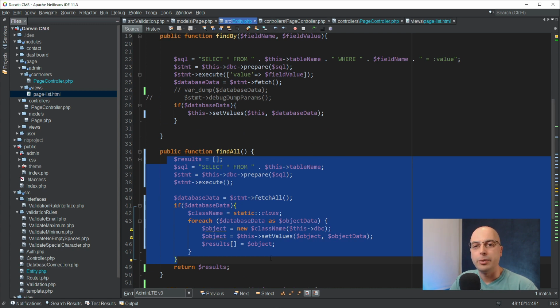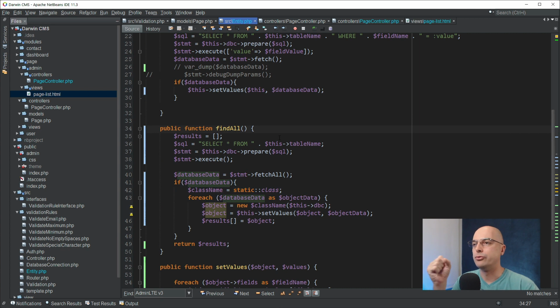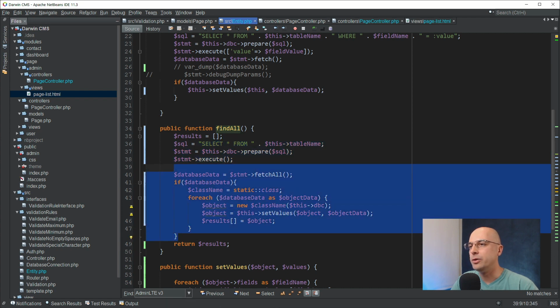Find all and find by are very similar, almost identical, except for this multi-level of arrays here. Now, to fix this, to remove this duplication, there are a dozen ways you can fix this, but I will skip a few steps ahead and just do it the way CodeIgniter does it, or it used to do it. So we can refactor this so that we extract this portion, this selecting from database, and this looping outside of